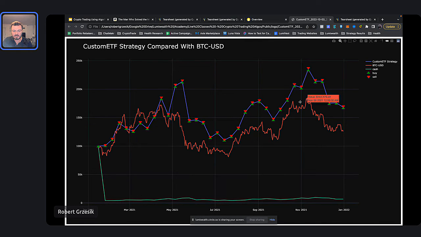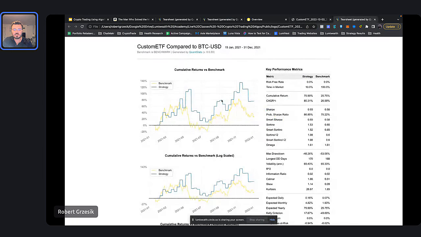It invested over a couple of times. You can see all the trades that it placed here. You can actually hover over, and it shows you what it bought and what it sold. So you get a lot of feedback on what your algorithm is doing, and you could diagnose what was happening. And then we have our tear sheet here. This is the actual result of it. Here's what would have happened if you had invested in this algorithm over the year of 2021.